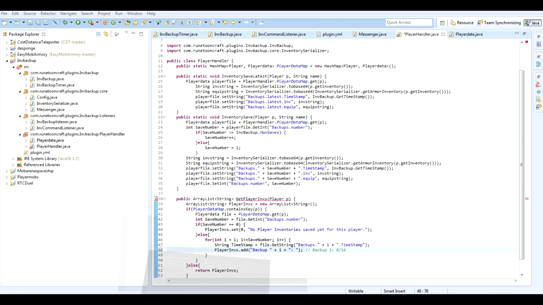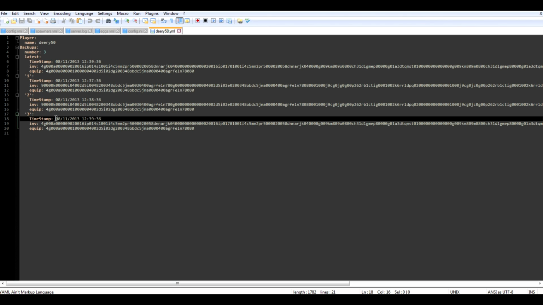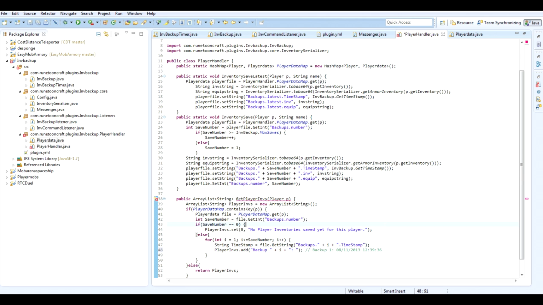How did I save that again? It'll be like this. That seems alright. And then out here after the space, that's 1 space, then we'll do plus timestamp. So it adds all of those to the array list, and then at the end here